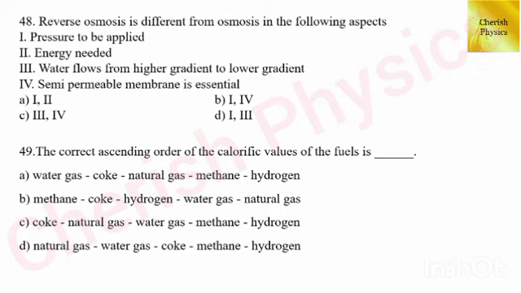48th question. Reverse osmosis is different from osmosis in the following aspects. The answer is option A, 1 and 2, that is pressure to be applied and energy needed. 49th question. The correct ascending order of the calorific values of the fuels is dash. The answer is